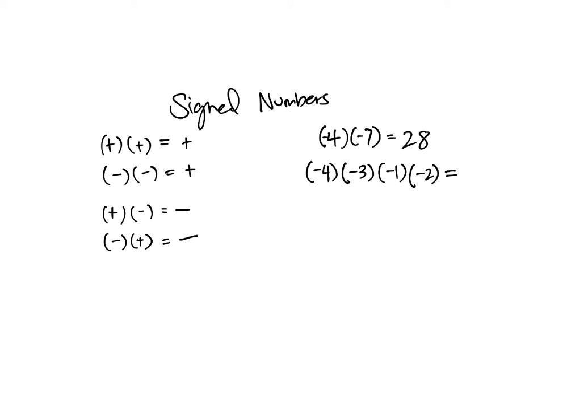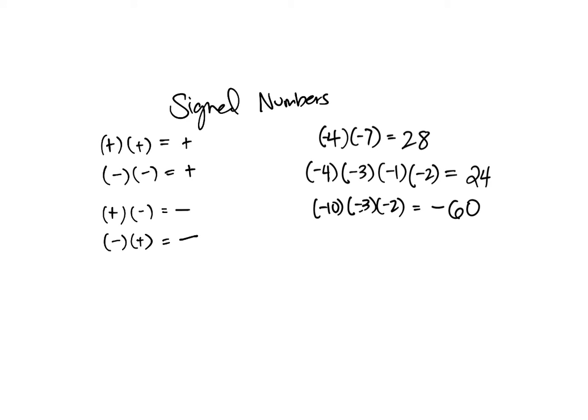And I'm just going to multiply all of the absolute values. 4 times 3 is 12, times 1 is 12, times 2 is 24. Positive 24. But again, the product of an even amount of negative numbers is positive. If I had instead -10 times -3 times -2, 10 times 3 times 2 is going to be 30, times 2 is 60, and then negative times negative times negative, since I only have 3, it's going to be